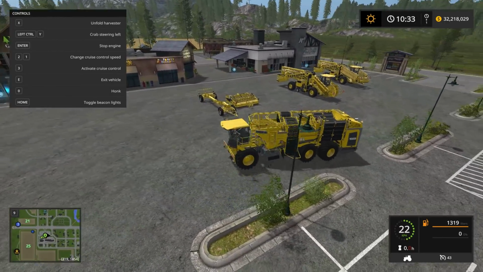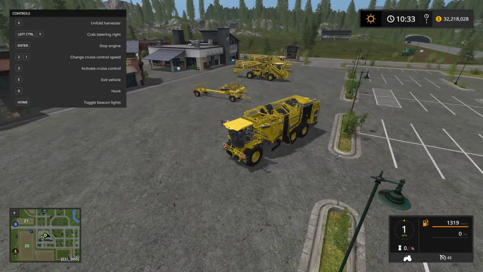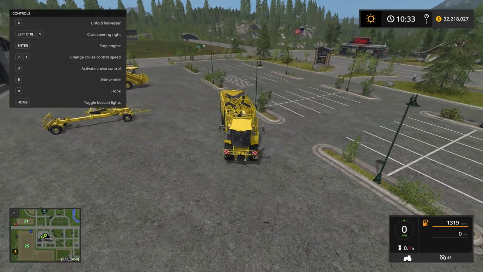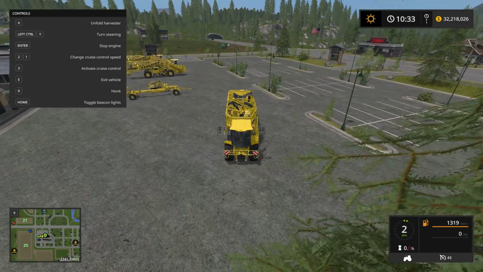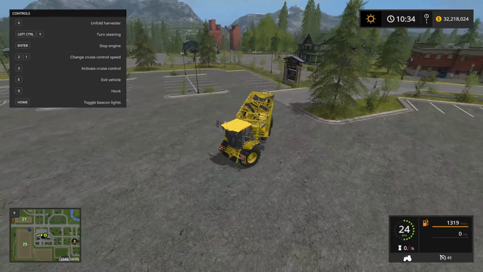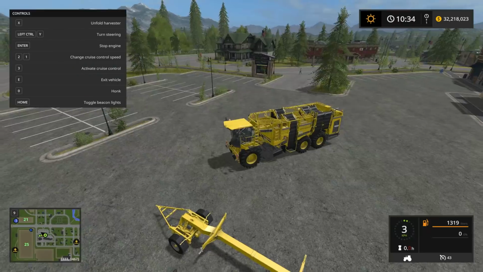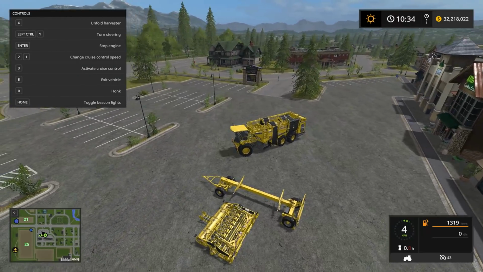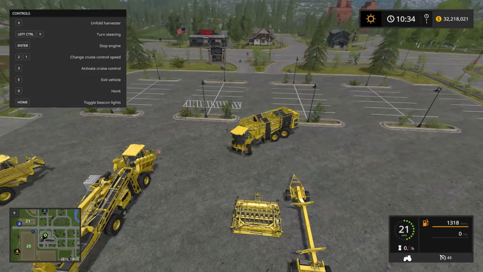And in real life, that's to reduce compaction, and you can also crab to the right if you wish as well. So there's the crab from the front. Well, again, back to all-wheel steering or turn steering. Perfect. That's kind of neat. So just like the Homer DLC, you have a few options there if you want to make this a little bit more maneuverable,